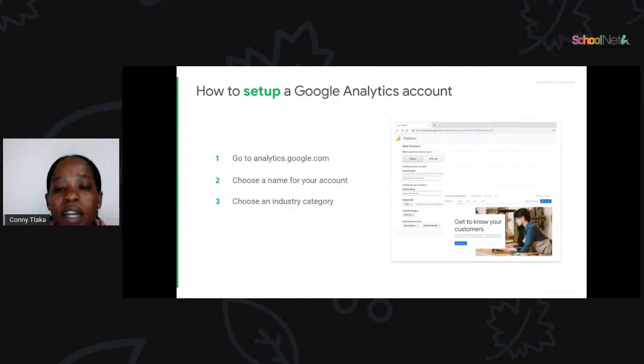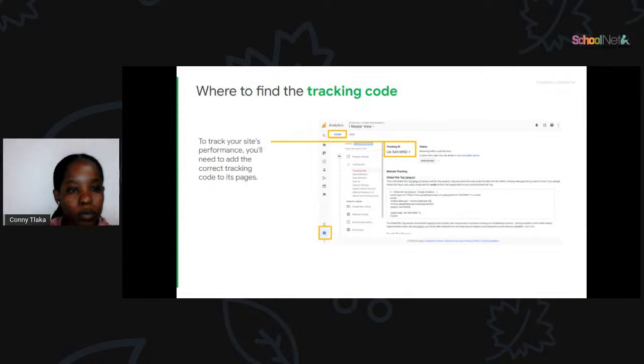When you choose an industry category, it helps you benchmark against others who have tagged the same industry, anonymously but at an aggregate level, to give you an idea of what your bounce rate is against others. That is how you set up a Google Analytics account.